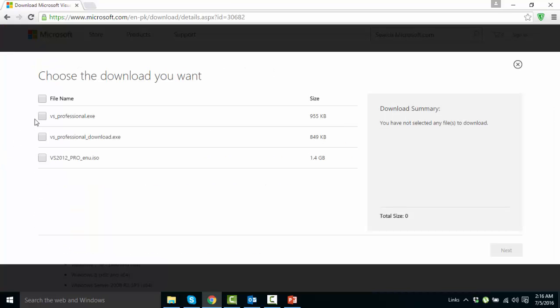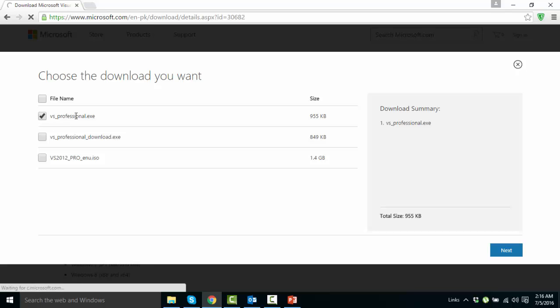So click on download and just download this first file, and you can also download the other files if you want to run this one as an offline installation. Means if you want to install the Visual Studio on the computer system which is not connected to internet, otherwise no need to download the files directly on your hard disk. Just download this one simple file, which will hardly take the seconds to download,